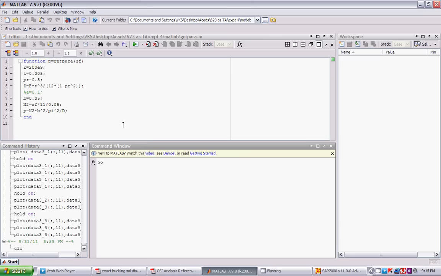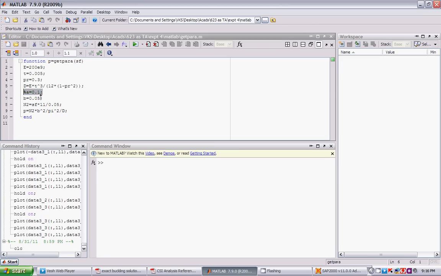So for that I have used a value of E equal to 200 GPa, and thickness in meters, Poisson ratio, and value of D, E into T cube upon 12 into 1 minus mu square. B value I have specified, A value is not required, but still I have made a comment, and this is the value of N2 now.